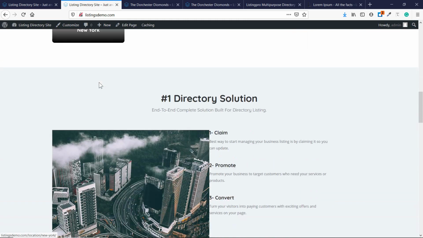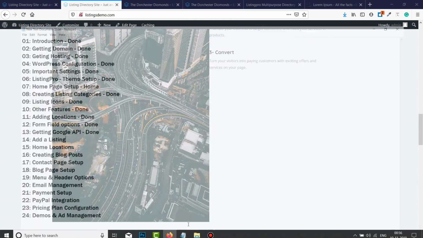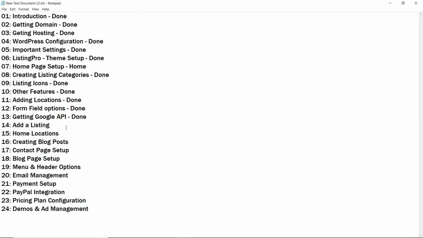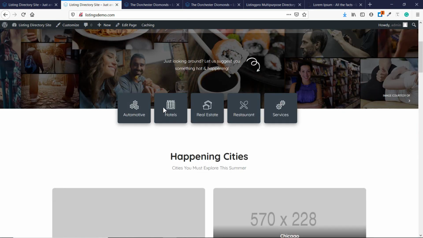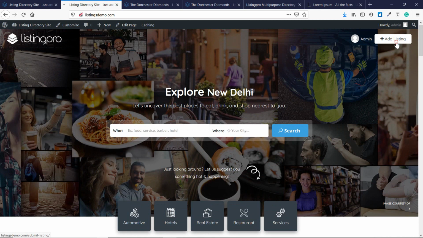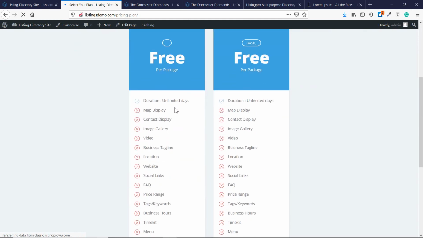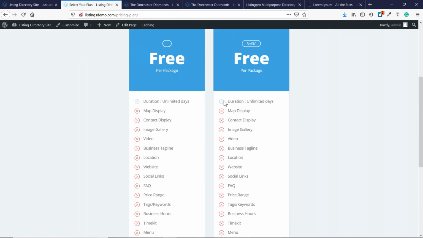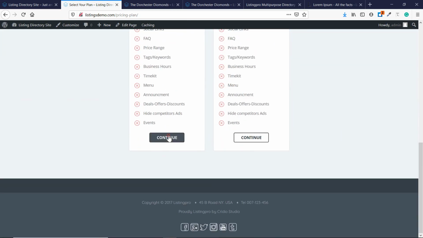So that's it about adding a listing. This is how you add a listing. So let's mark it done. Now from the front end, if you want to add a listing, you can go here and click on add listing, and you'll see the same features from the front end. You just have to first select a price plan. Since it's free, it has limited features, but you can change these packages as well. So let's click on continue,